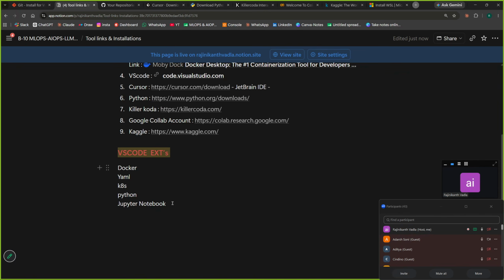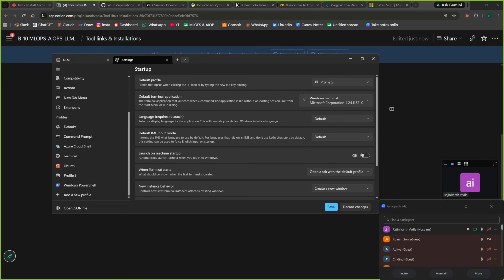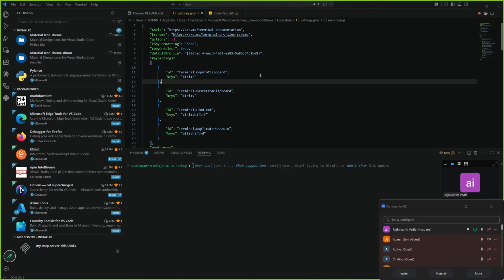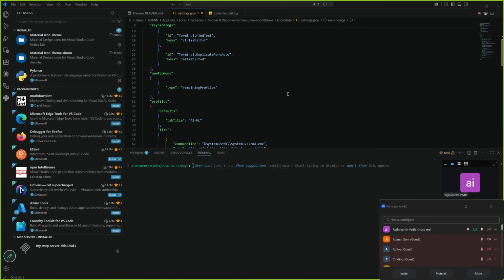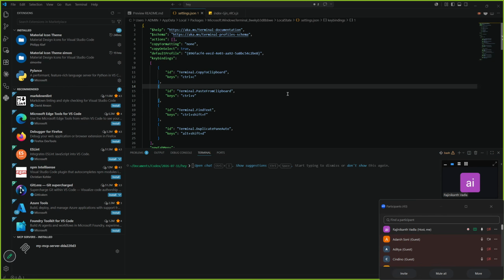You have to install these. Rajnikant, if you don't mind, can you please show that terminal setting one more time? Okay. So to do that, we go here, this right side, this one, settings, and here open JSON. When you open JSON, it will ask where should I open this, with Notepad, VS Code, or Word. So select VS Code, sir. When you select VS Code, I will give you this script, exactly copy and paste.